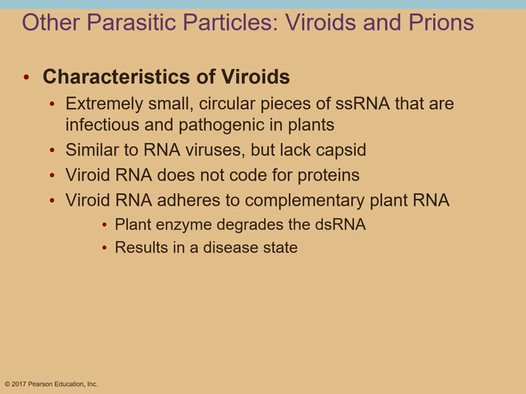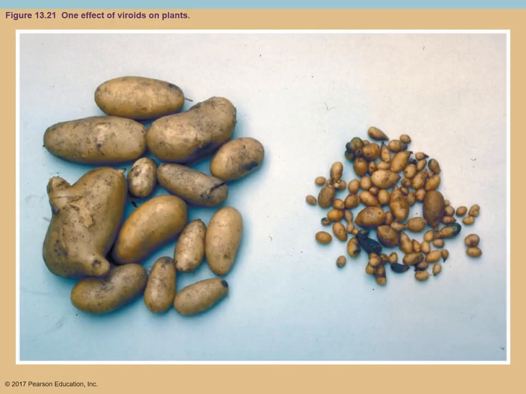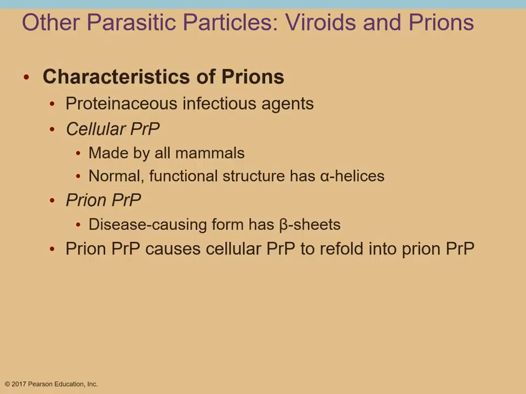They're very similar to RNA virus, but they do not have that capsid around them. So this is showing an example of potato spindle tuber viroid,